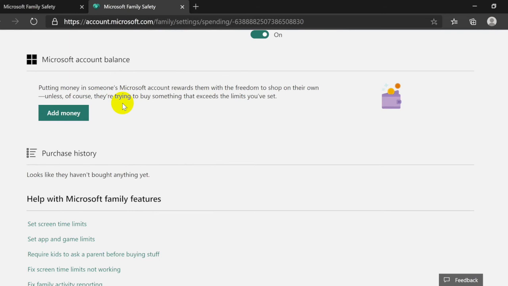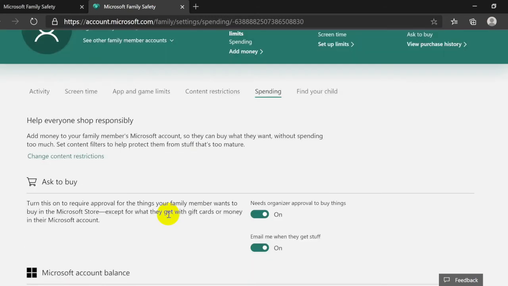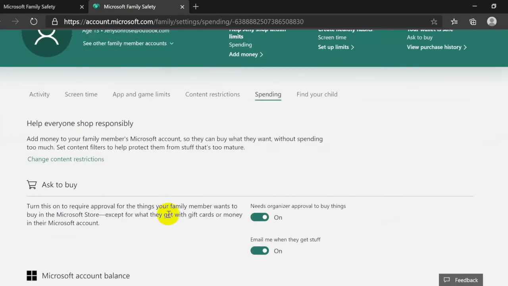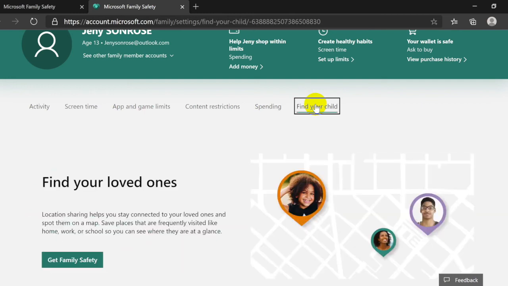This one is related to the Microsoft account balance, which is adding money for our member. On this side, I'm not going to add so much money to that account, because we can prevent anything bad from happening by chance, especially a hacker hacking your account or something like that. Okay, after we finish spending, we go to the Find your child feature.